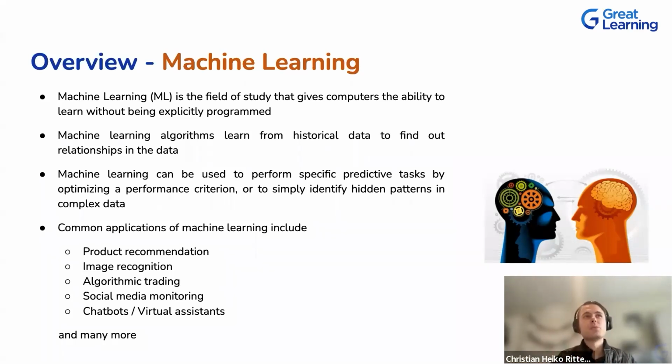It helps a lot to identify relationships in data, to be able to map certain input to output. That's of course abstractly spoken, but we have application cases in various areas. For example, product recommendation. When you go to Amazon and you go shopping online, you find various suggestions. And those suggestions are based on a ranking provided by a machine learning algorithm. Those algorithms are very successful in that domain, and they're called recommendation system algorithms.